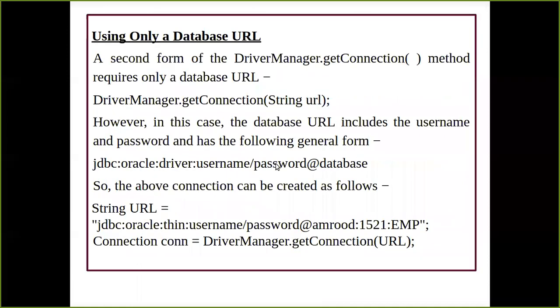Now the second approach we are going to learn is the one which has only one parameter. If you remember, we had three ways. The first way has only one parameter, that is your URL. The second has two parameters, the URL and the properties. The third is your URL, username and password. We have learned the third way, and now we are going to learn the first way, which asks you for just a URL.